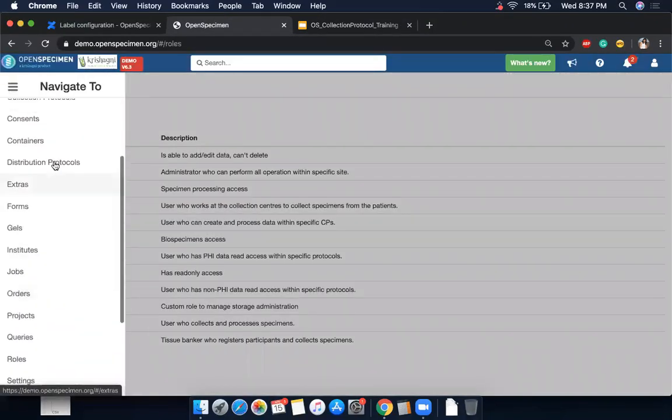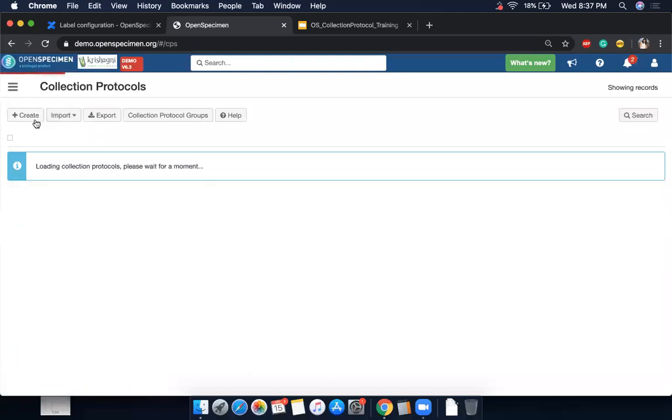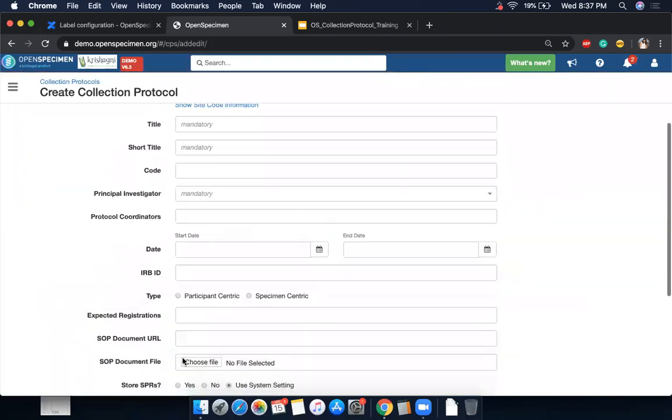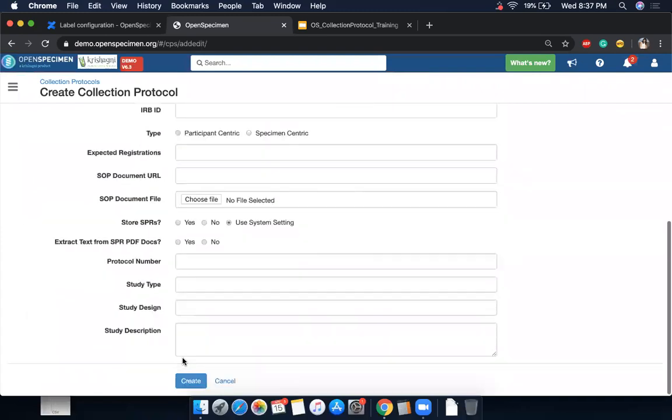So let us go back to the collection protocol create page here. When you're creating a new collection protocol, the fields that you see on top are all the default fields. But the fields that you see here are not in Open Specimen. Someone has created them as custom fields because they found them missing and they wanted to track that for every protocol.